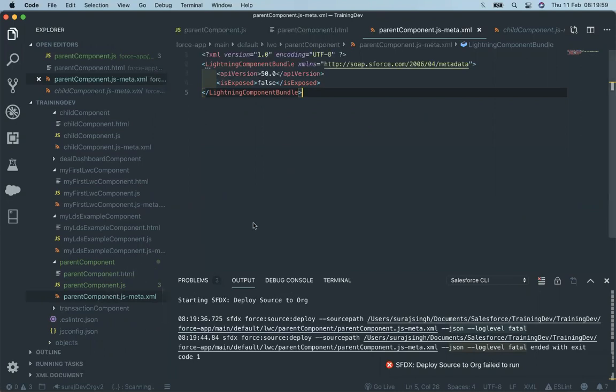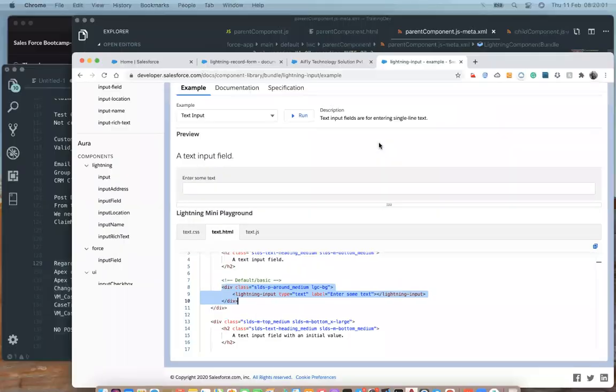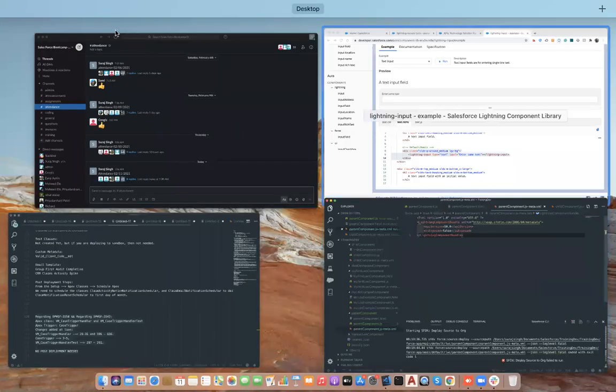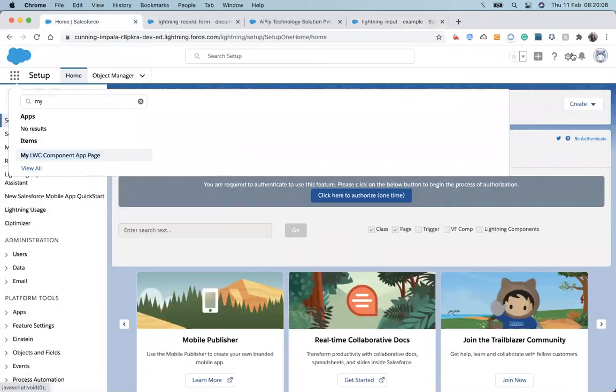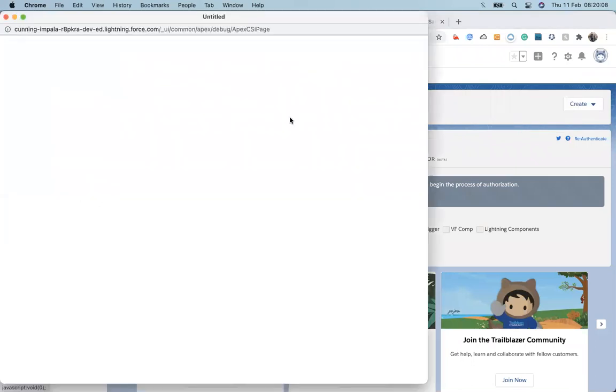I think the parent component name is already present here. That's why it doesn't let me create it. Might be I created the parent component in Aura component. Let's have a look.